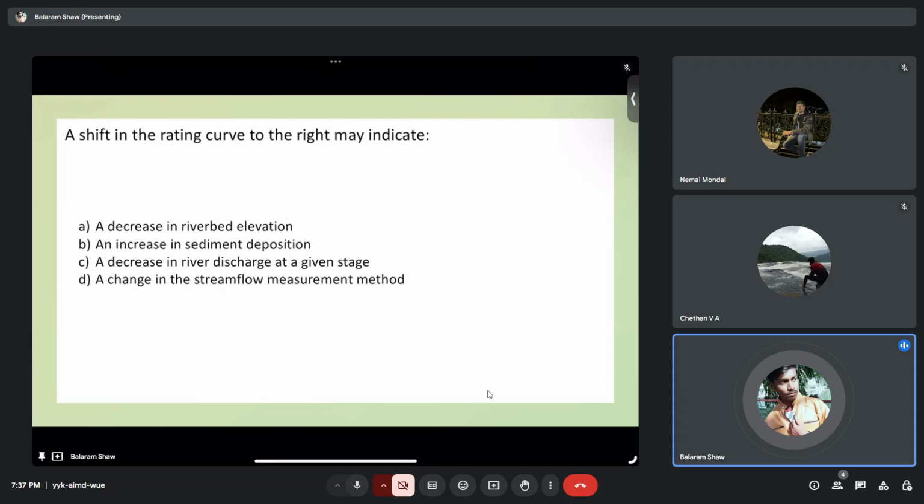Next question is, a shift in the rating curve to the right indicates what? So let's say if we have rating curve, right, discharge and depth. So let's say we have the rating curve like this. So there is some point here. Now what it is saying, that there is a shift in the rating curve to the right, right? So it is moving something like this. So the new point is something here. Okay, so this is the new position, right? So this means what? That